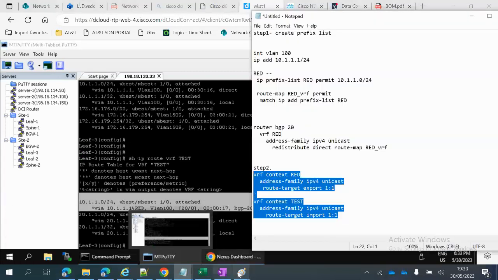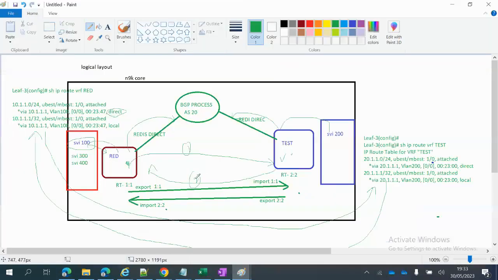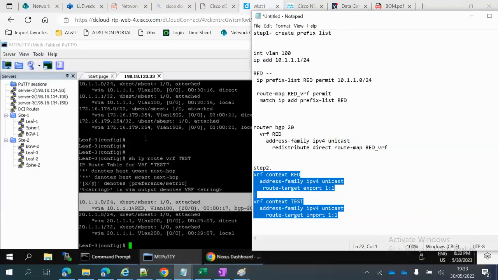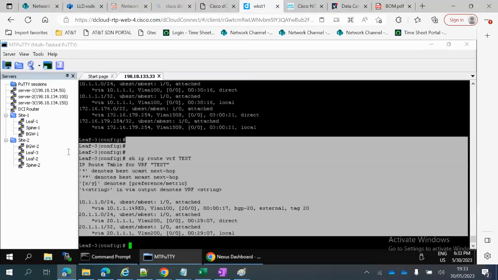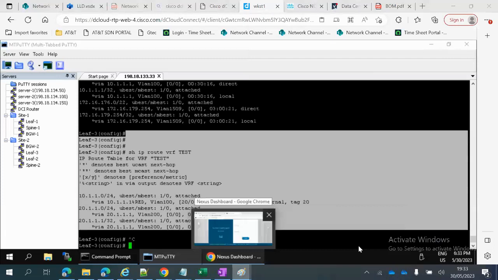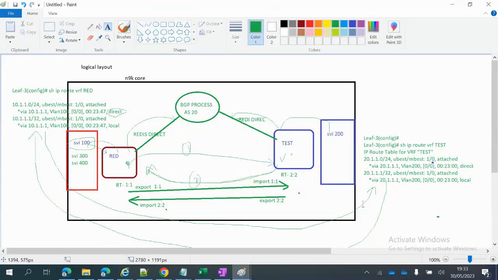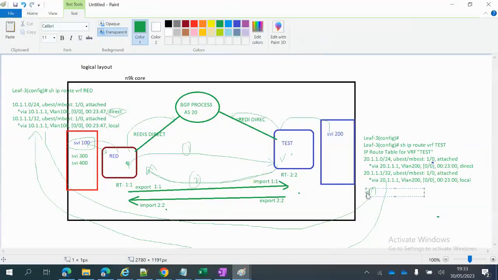I will do the same thing for phase 2. Now, in phase 2, I will export this particular subnet into the red VRF, right? Currently, the red VRF has no 20.20 entry. Now, let me paste the verification command. After leaking, you'll see that this subnet